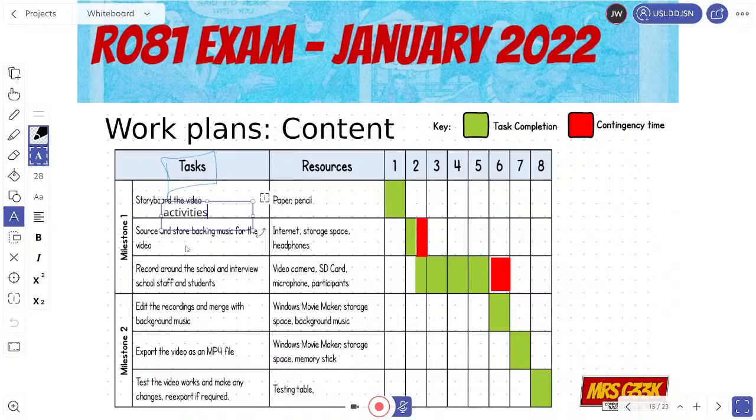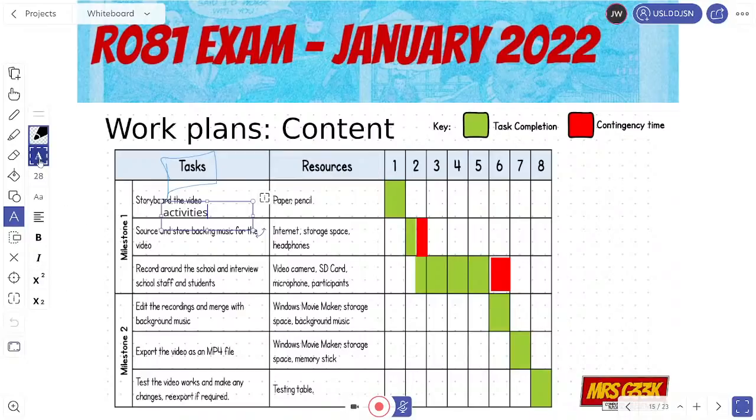So in this case, they've done it when they are sourcing. So they might have built in extra time for sourcing, and they've also built in extra time for recording around the school and interviewing it. It'll typically be during your production that you'll need this extra time. So for example, in my school, traditionally the computers are really slow, so that adds on time when we're actually trying to use Photoshop to create the actual posters. But it could also be due to absence. So it's really, really good to include contingency time on there, even if you're not planning on using it, because that's the whole point. We don't want to use it, but it's there if we need to.